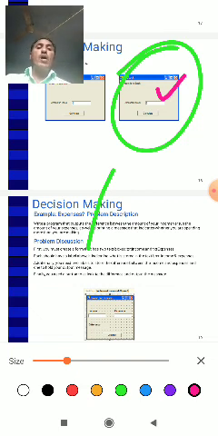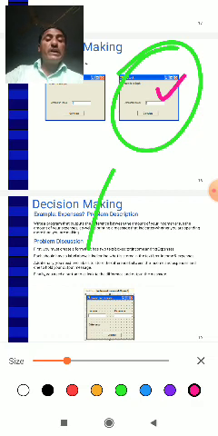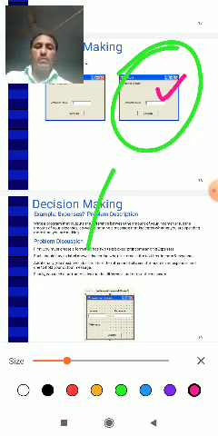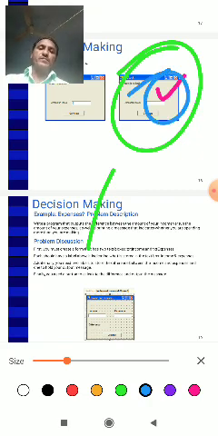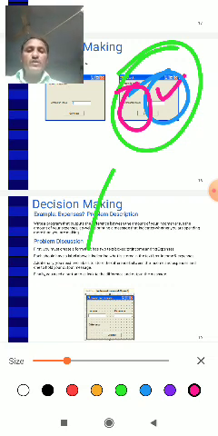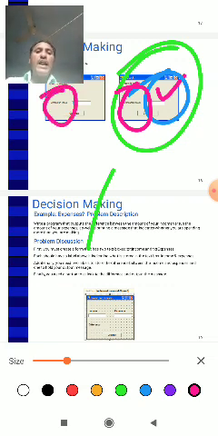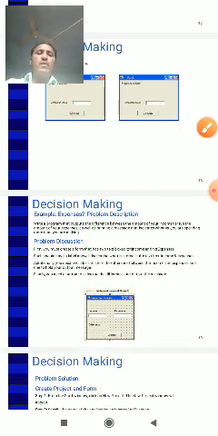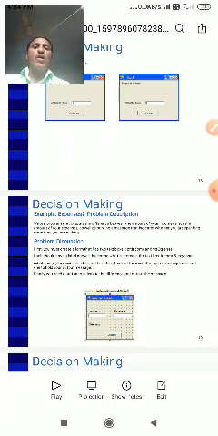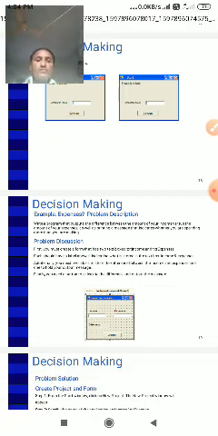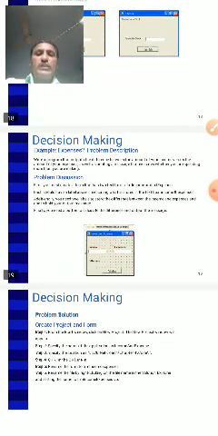Then we take label boxes, text boxes and command buttons. When we click the command button, the result automatically appears in this text box. The label boxes only hold field names, such as amount of stock, and the numbers are entered in the text box. So this is decision making.